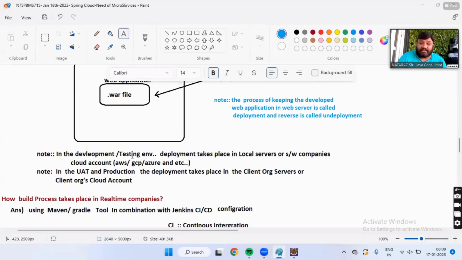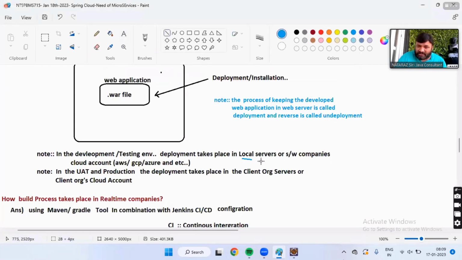Either the software company maintains infrastructure servers where deployment happens, or nowadays software companies have stopped constructing infrastructure and are using a cloud environment for development and testing. So they create a cloud account, we connect to that cloud account, and we deploy, build and test there.